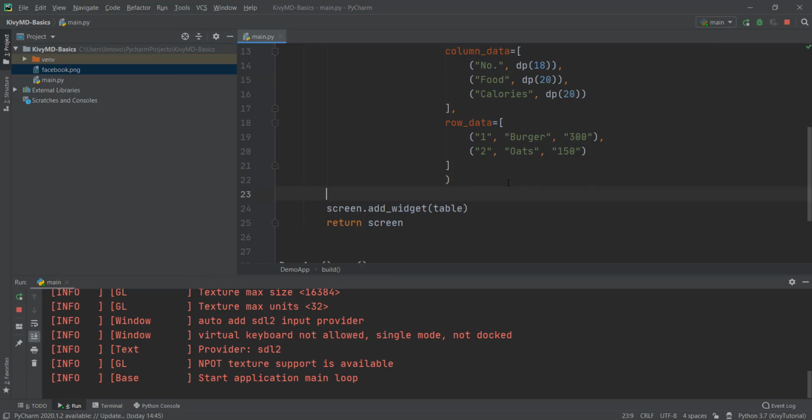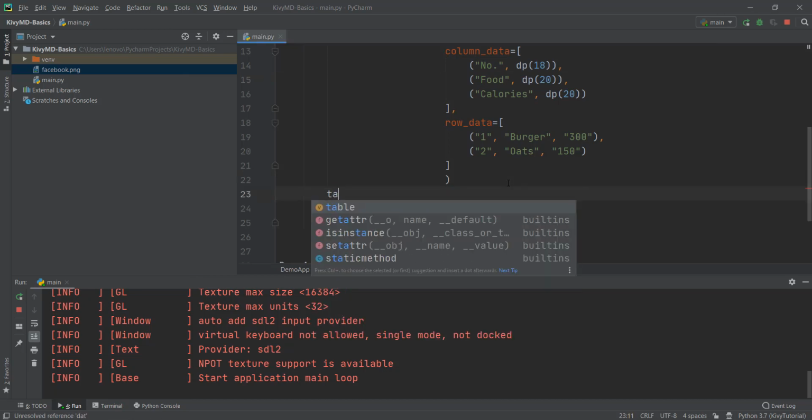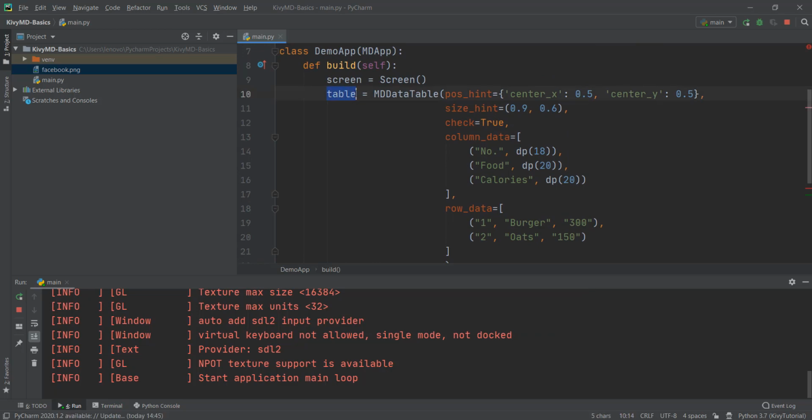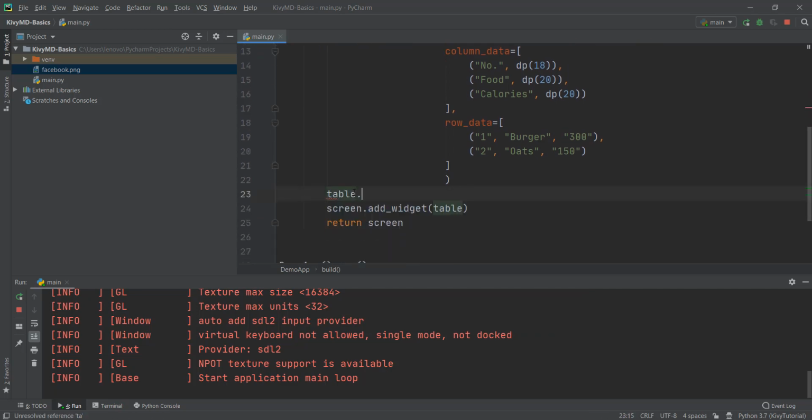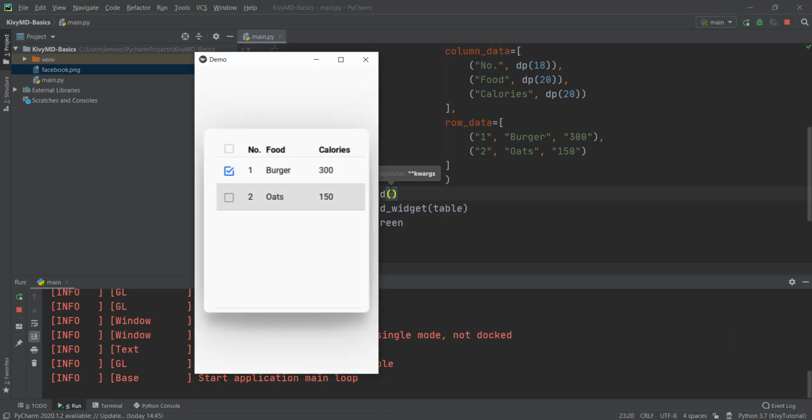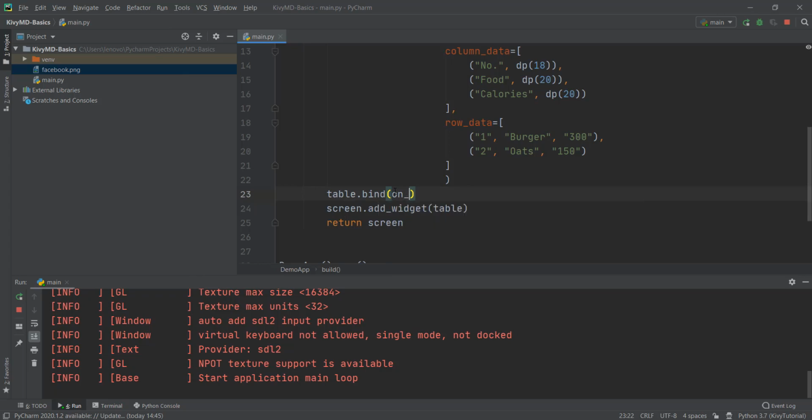So over here, we're just gonna go below and we're just gonna write our name of a variable. So our name of a variable is just table right now. So I'm just gonna write table.bind, and then over here, it requires a function that needs to be called. So we need a function to be called whenever a check mark button is pressed. So whenever this button is pressed, let's call a function. So for that, we are going to write on_check_press, and this will call a function whenever our check button is pressed. And which function do we want to call? So we haven't created the function yet, but we'll call the function as check_press.